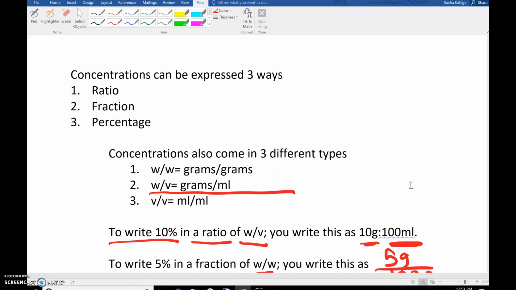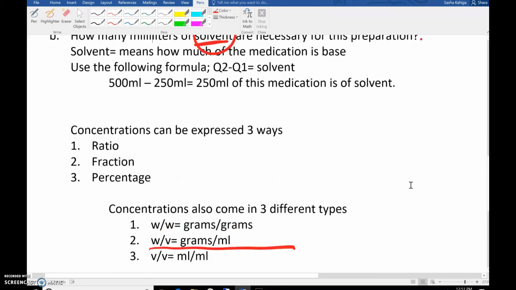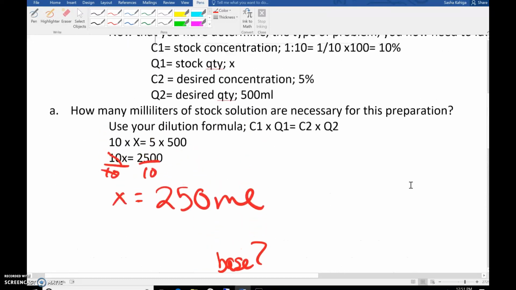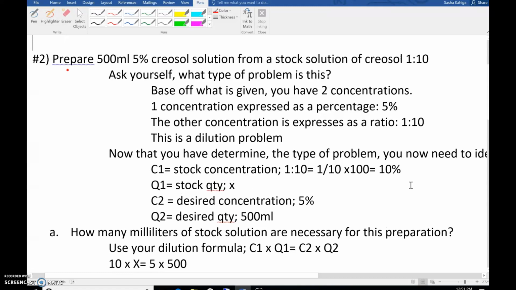The reason being is because when you're solving these problems, you have to work with whole numbers. So you can't work with a ratio. You can't work with a fraction. You're going to have to change your ratio and fractions to whole numbers. Change them to percentages, just like I did here. It came in a 5% and I have a 1 to 10. I have to rewrite this as a percentage, because a percentage